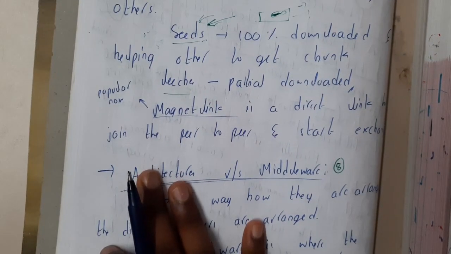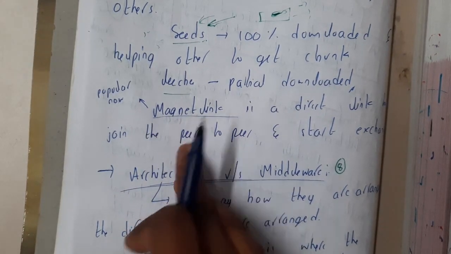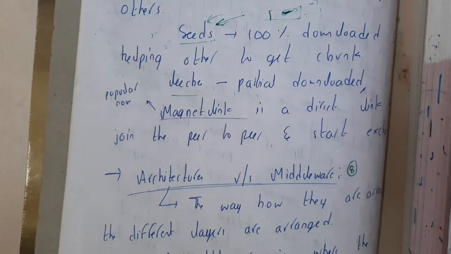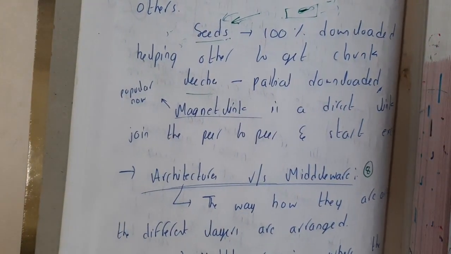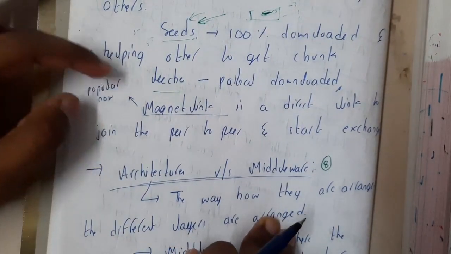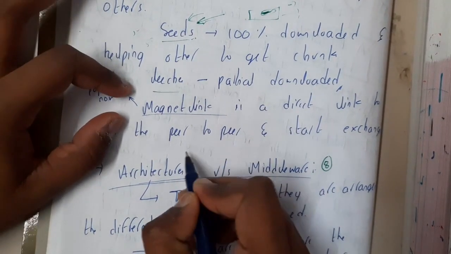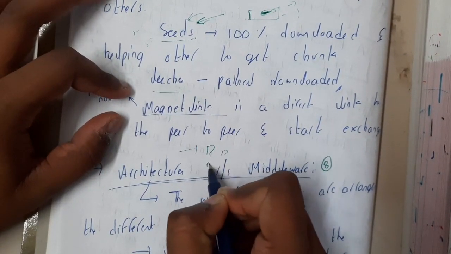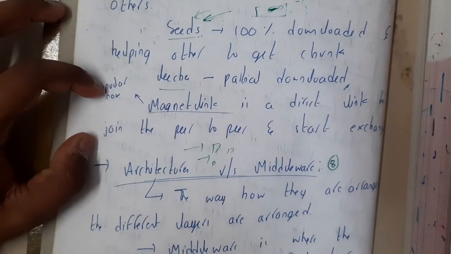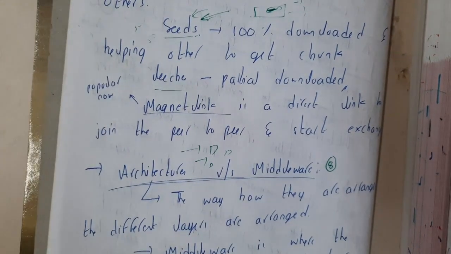So this is all about BitTorrent, guys, and nowadays we are hearing the word magnet link, right? I hope everyone knows. Whenever you want to download a movie, nowadays rather than torrents we are visiting movie sites, right? In those you will be getting these magnet links. These magnet links are directly connected to this peer-to-peer network. So you are directly connected to the network once you open that link. And the same process continues of downloading, the partial downloads, the partial divisions and all those things.